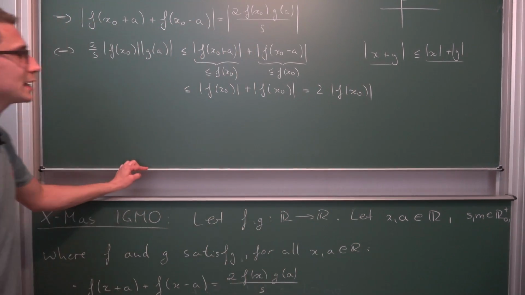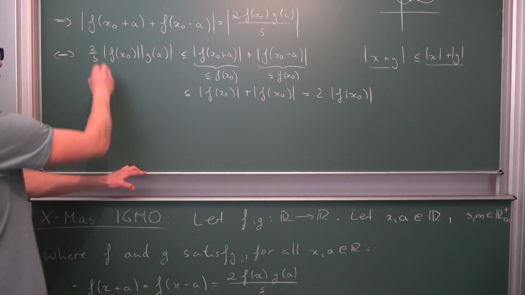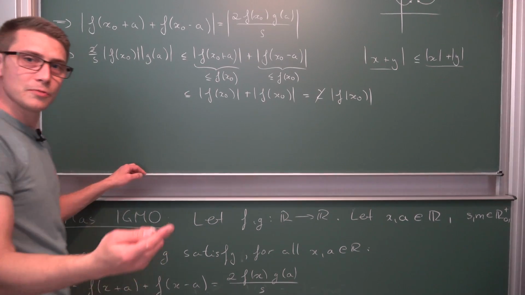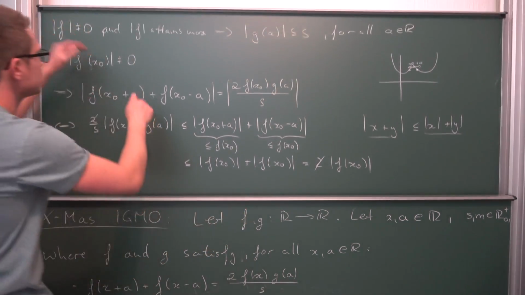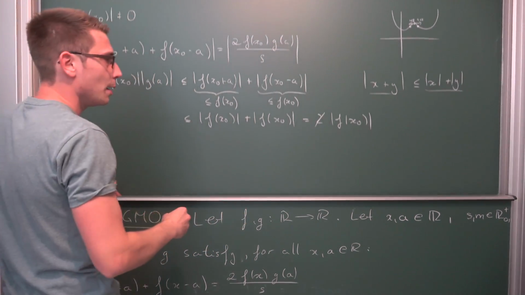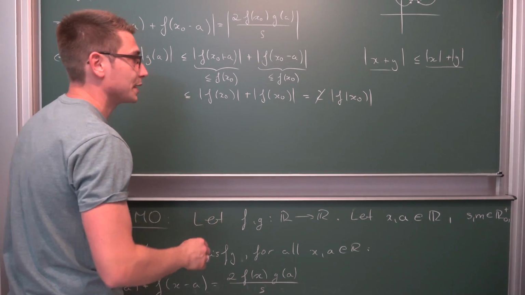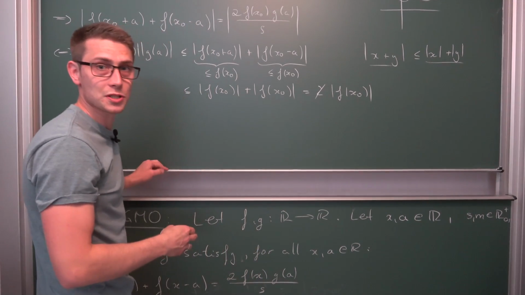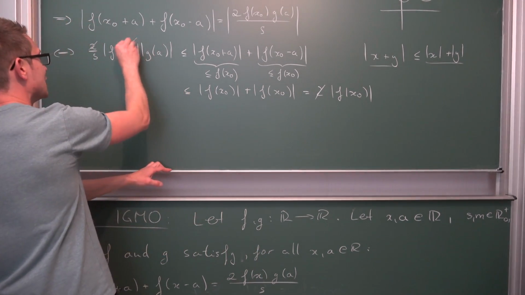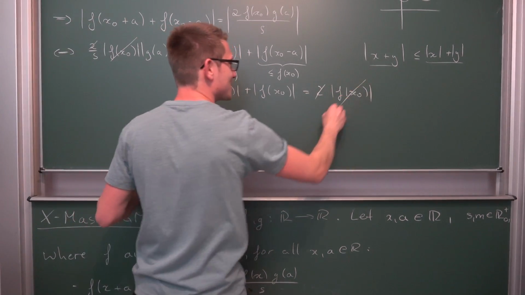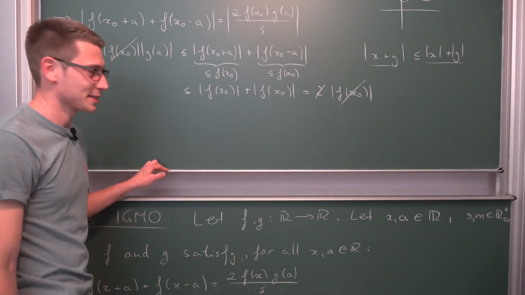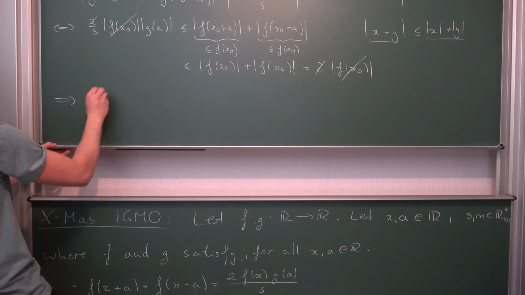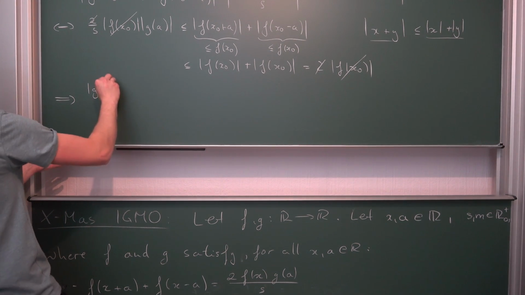And now we can go ahead and cancel a bit of stuff out. I mean, we got 2 on both sides here. Also, the absolute value of f for all inputs is not identically equal to 0, meaning we can divide both sides by it, and since the absolute value of something is going to spit out a positive number, it also doesn't change the order relation. This is, by the way, a reference to one of my last videos where I did some really stupid mistake in the casework, meaning what we're going to end up with is that the absolute value of g of a